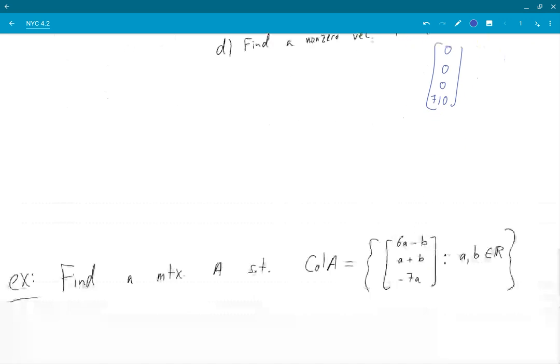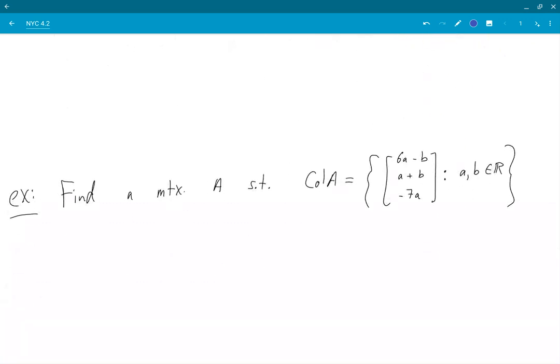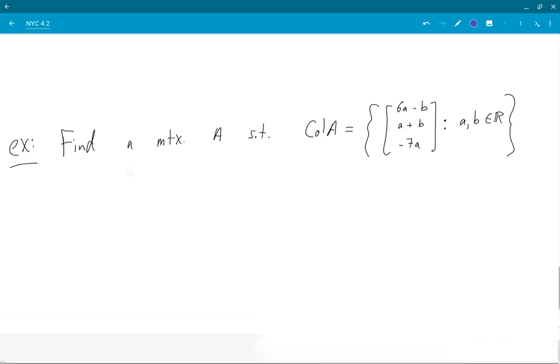Okay, what's next? Example, I believe. So here I'll do an example. Maybe pause and copy this. If the set here is given in this form, where I give you a typical element in the set and then some conditions on the parameters, well, what I can do is take this typical element